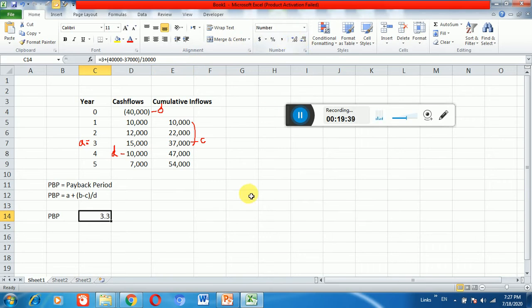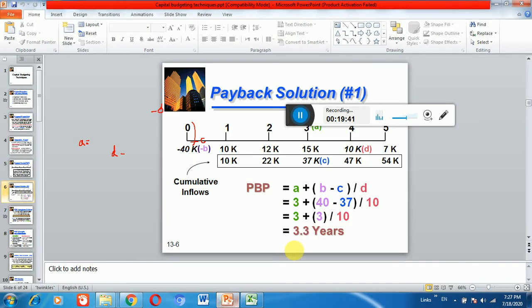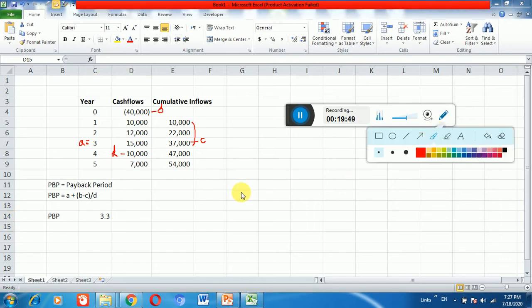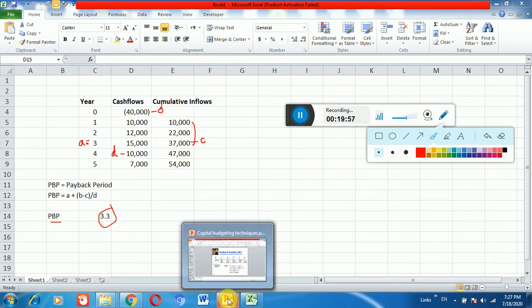Okay, as you can see here, it is computed here 3.3. So you can say 3.3 years. Okay, this is the payback or the computed value. This is what we have computed, the payback. Now, for example, in our question here, we check,